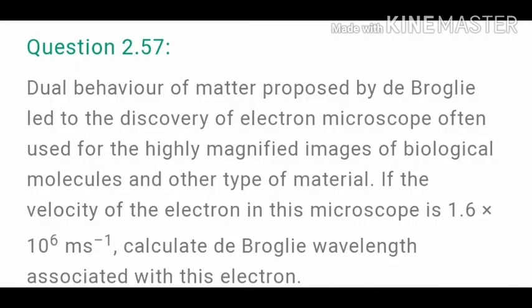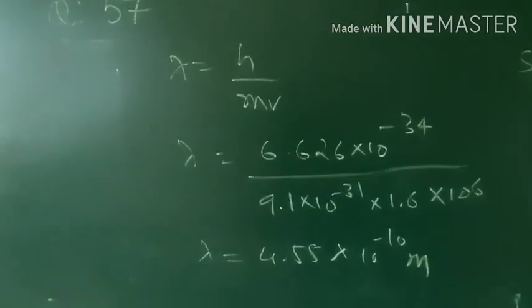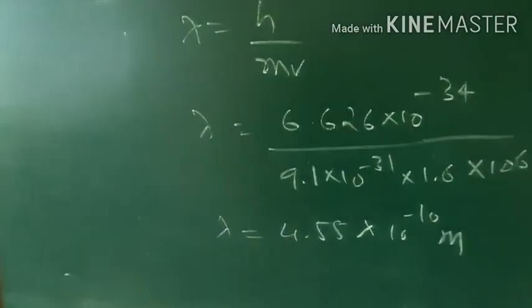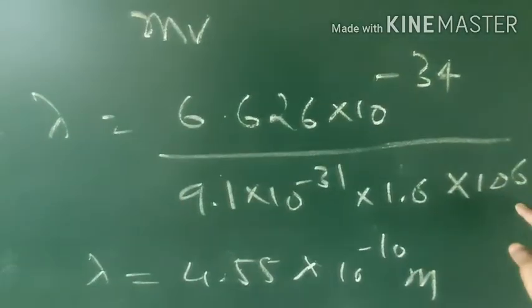So now the question number 2.57, that depends on the de Broglie equation again, children. Here I have not written that particular whole term on the board, we'll just solve it on the board, so you can just see it carefully, children. We have the particular velocity that is given, 1.6 into 10 raised to 6 for the electron.